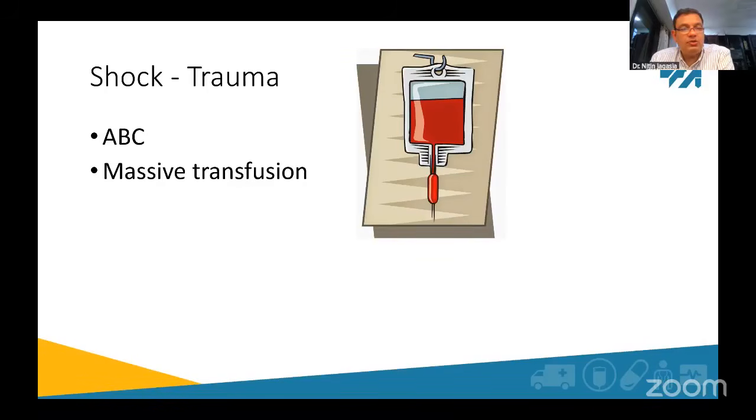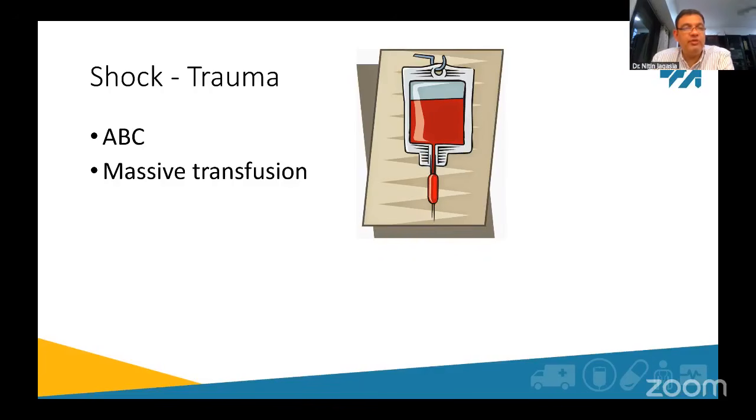So let's talk about shock, which, like I mentioned earlier, the three causes of shock in trauma are hypovolemia, hypovolemia, and hypovolemia. We don't want to confuse ourselves by thinking about other causes. Certainly, you need to think about obstructive shock, but we don't want to think about any of the other types of shock at this stage. A hypotensive trauma patient is hypovolemic. They're losing blood. That is the principle of managing any kind of shock.